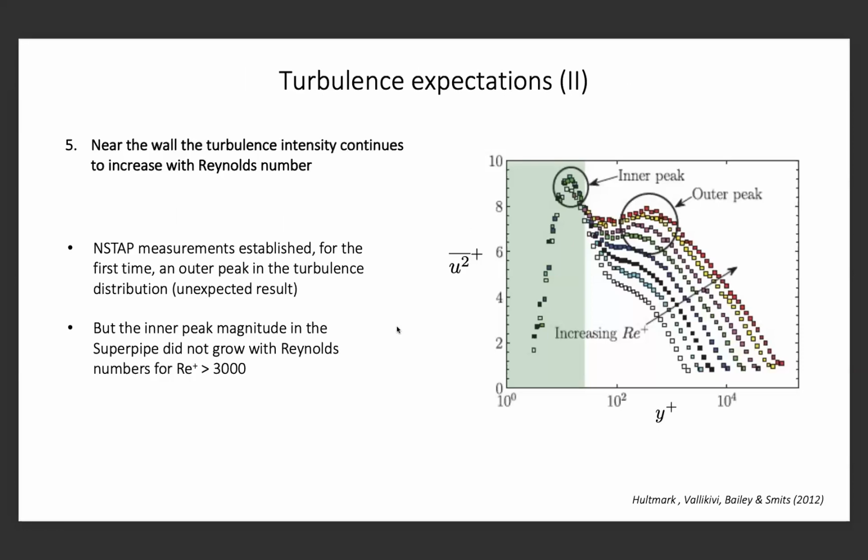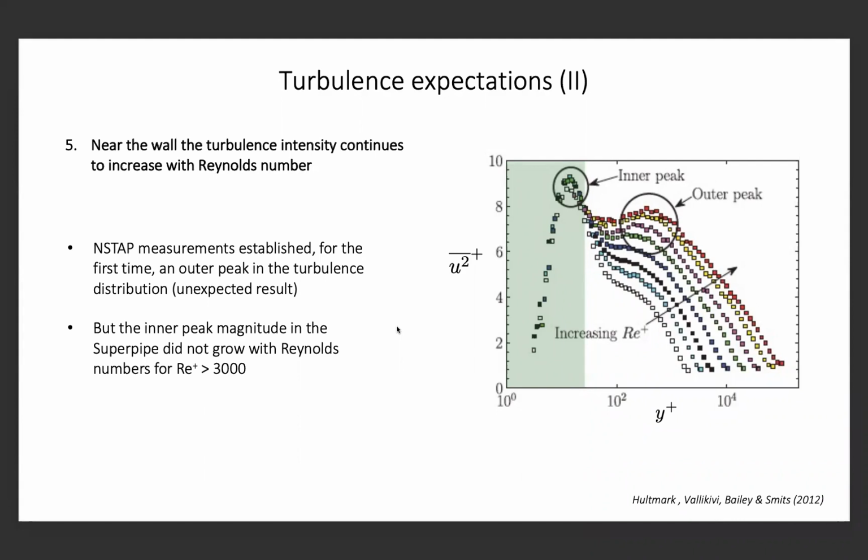Now, we have another expectation about the turbulence: near the wall, the turbulence intensity continues to increase with Reynolds number, and that's this inner peak that's been identified on the right. Here we show the same data, the Superpipe data, now in terms of y plus instead of y over delta